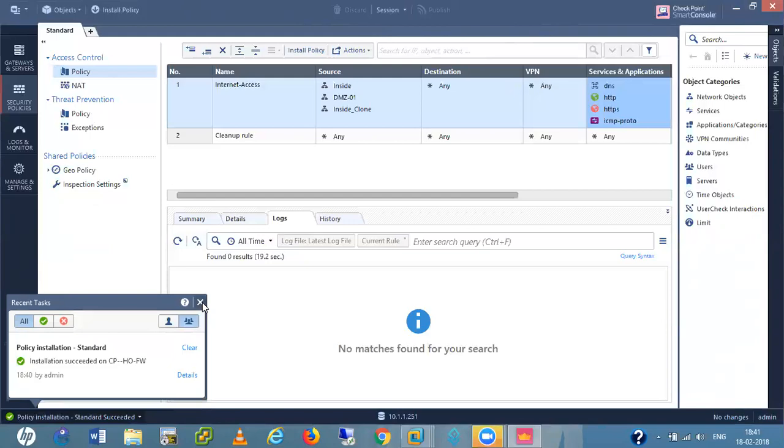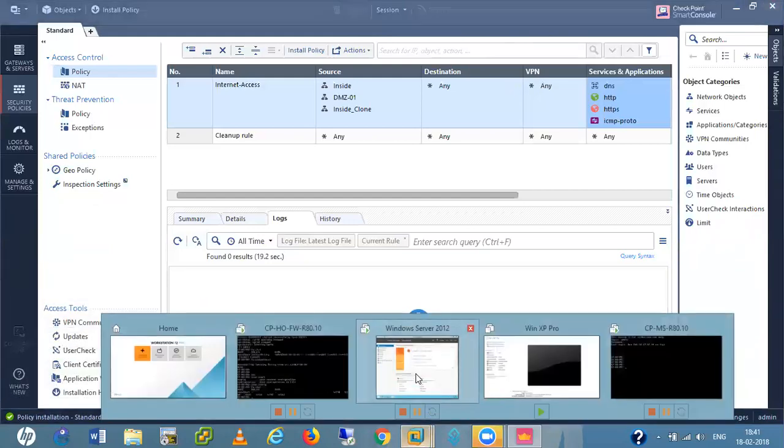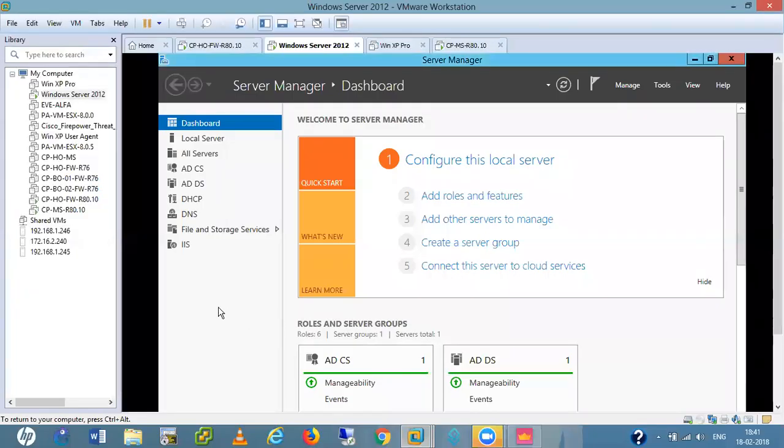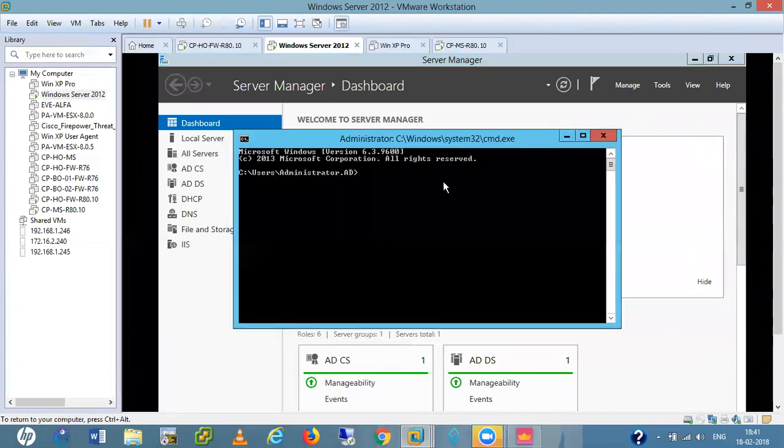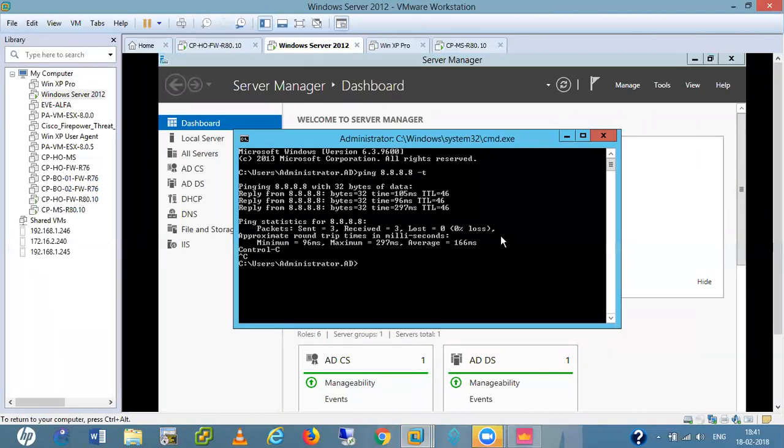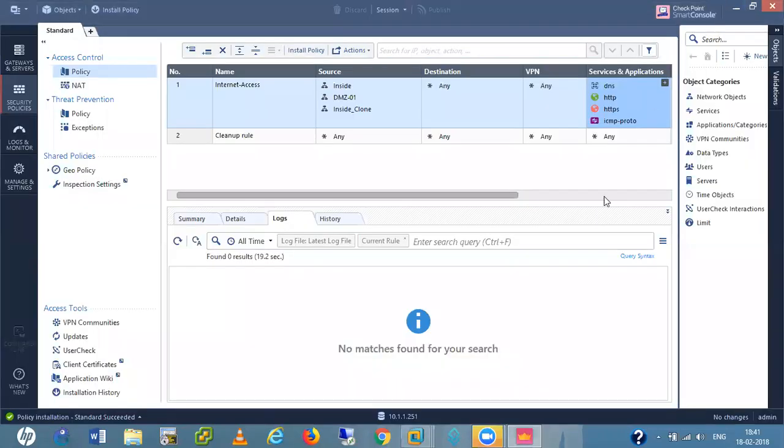Okay, so installation is done. Let me initiate some traffic from my PC, which is my AD server, which is in the inside zone. 8.8.8.8 -t. So it is pinging. Let me check the logs here. Didn't see any log.